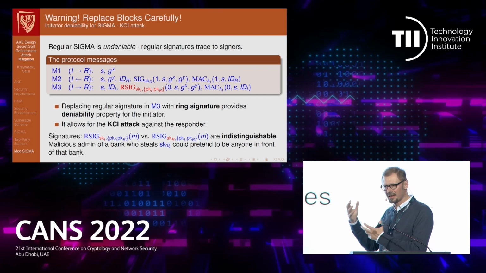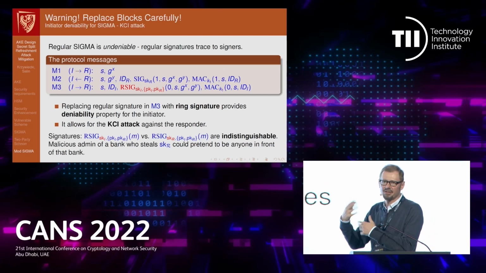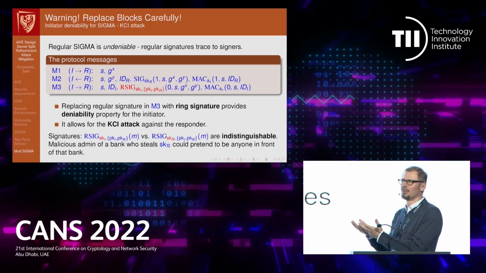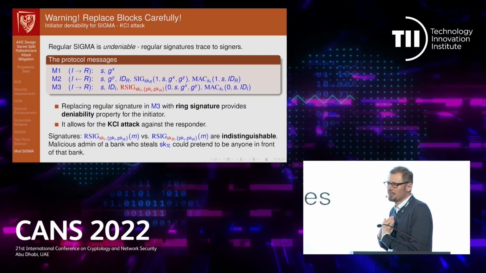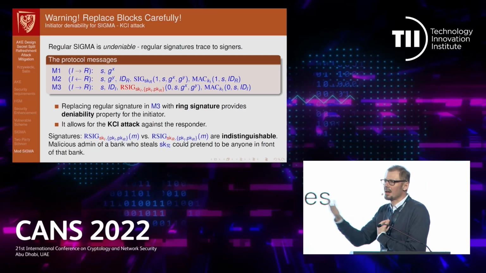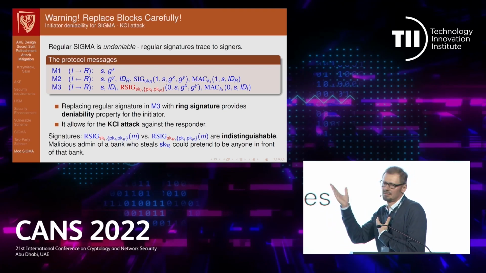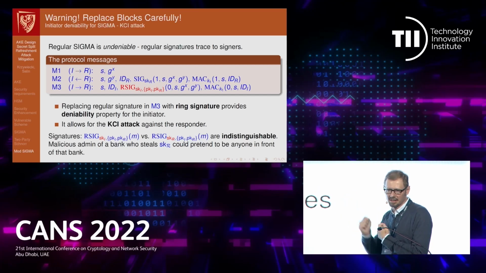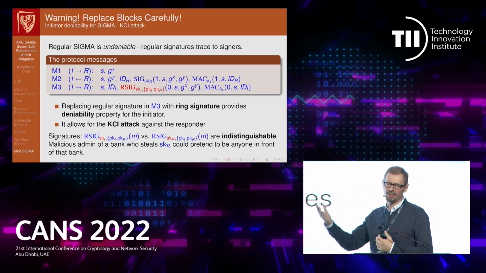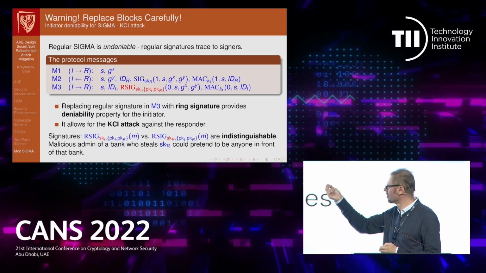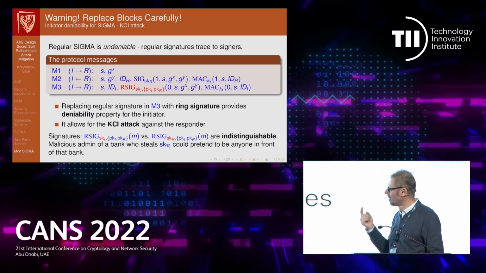Okay, when Bob gets that signature, he verifies it, and he concludes, okay, this is a ring signature, I'm the potential signer, and Alice is the potential signer, but I didn't sign. So yeah, that should be Alice that signed that message. Okay, now I believe I'm talking to Alice. Okay, Alice proves her identity. But